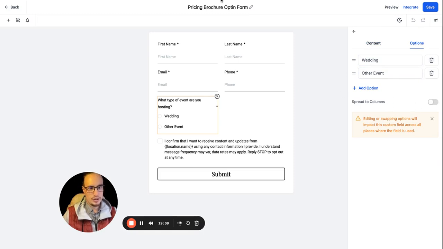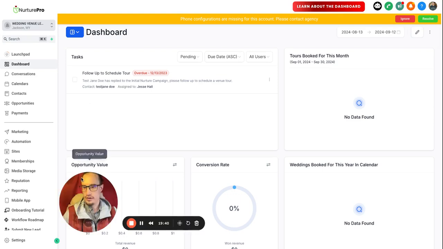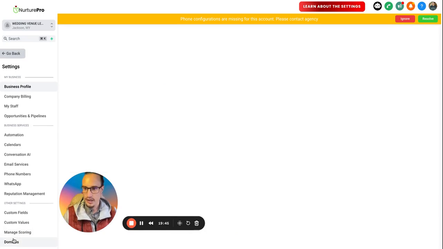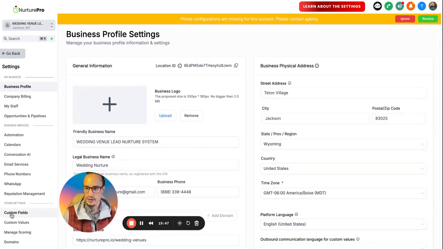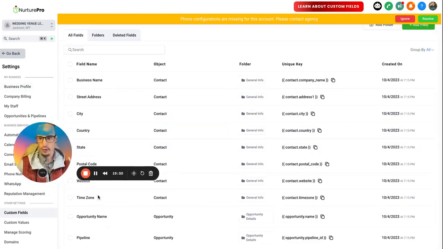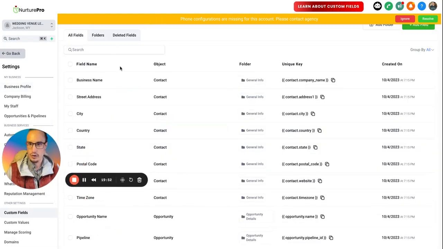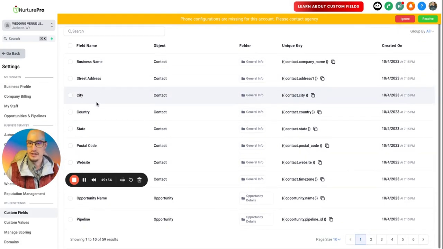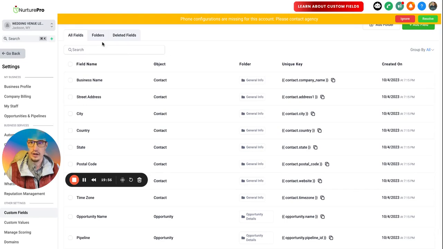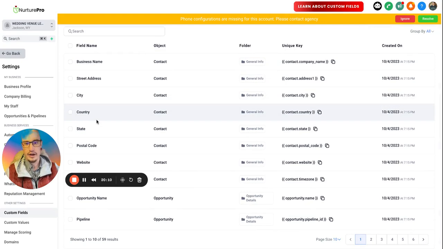We can also do that under the custom field section. So if I came to another tab, we would go under the settings section and then come down to custom fields. And this is where all of your form fields or any customized form options, basically fields for the forms or anything that you want to set up. You can also add information to contacts. If you want to set up new fields to have information like how many guests they have,